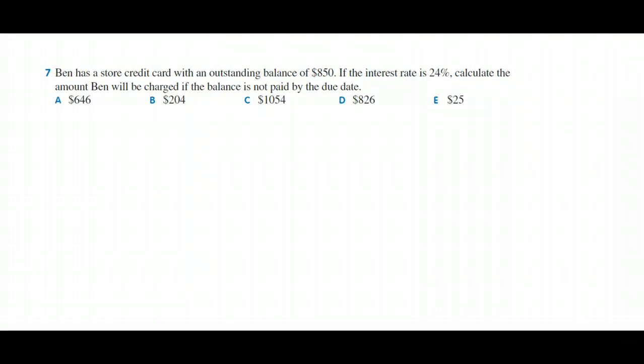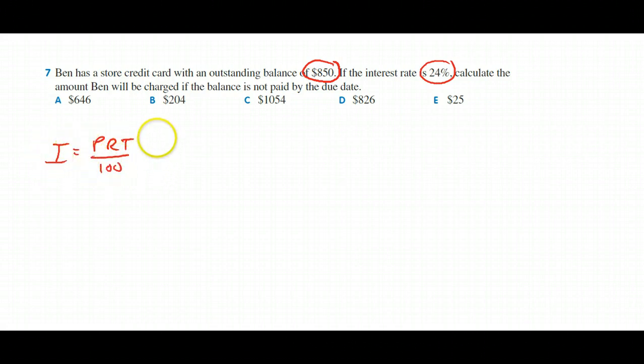Okay, in question 7, it says that Ben has a store credit card with an outstanding balance of $850. If the interest rate is 24%, calculate the amount Ben will be charged if the balance is not paid by the due date. Okay, so with credit cards, they operate according to the simple interest formula. So I equals PRT over 100. We want to work out how much interest he's going to have to pay on this outstanding balance. So the interest he'll have to pay will be 850, the principal, times the interest rate of 24%,